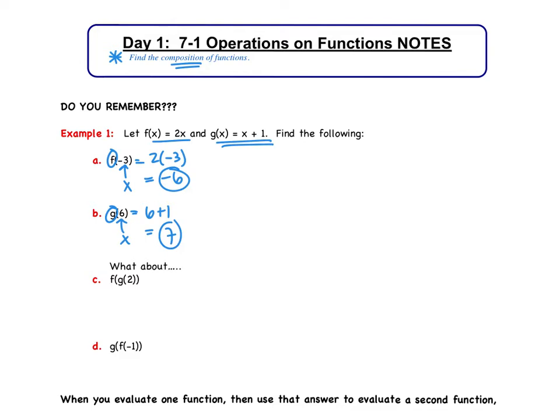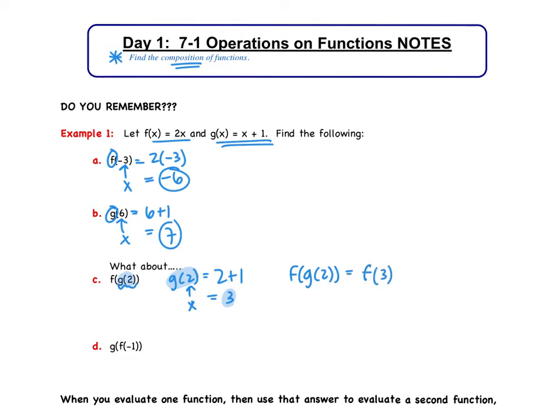So we have f of g of 2. What I'm going to ask us to do first is just focus on this g of 2 part. So g of 2. Ignoring the f, we can find that. We can find g of 2. We're plugging in 2 for x. So we get 2 plus 1, which gives us a 3. Okay, so what this is telling us is that g of 2 is equal to 3. So in my notation then, where it has g of 2, I can plug a 3 in. So rather than f of g of 2,